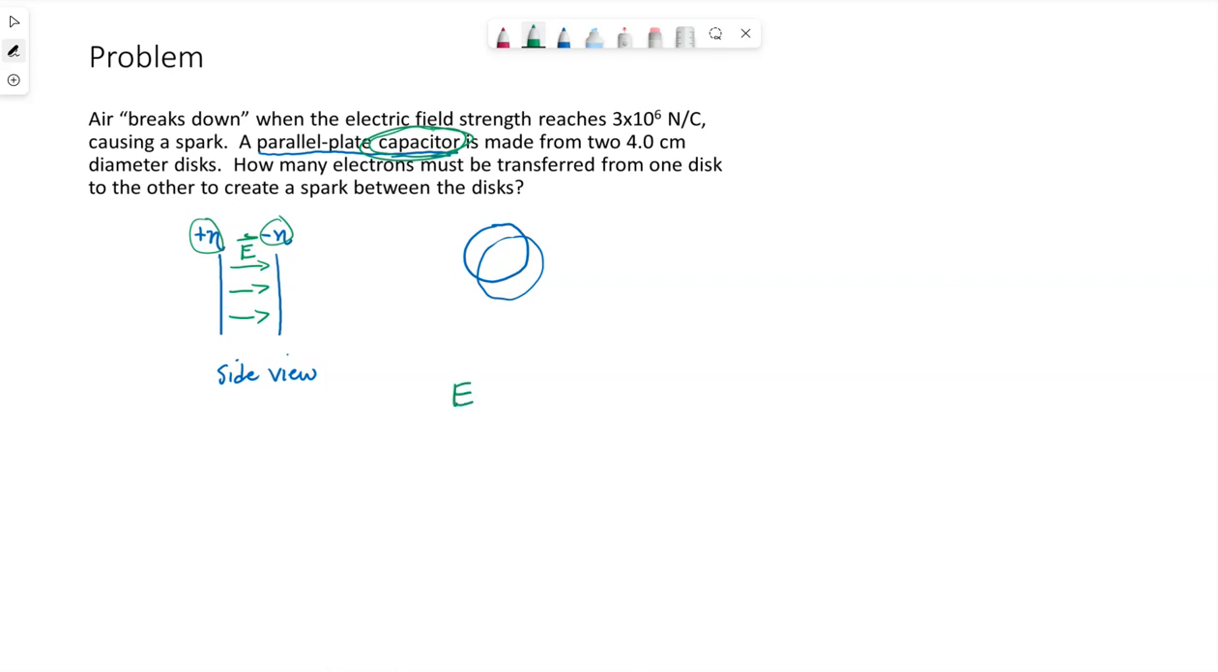We have our equation for E of a capacitor is eta over epsilon naught. Let me draw that a little better. Eta meaning the surface charge density. Eta is the amount of charge on either plate divided by the area of the plate. Okay, so here,